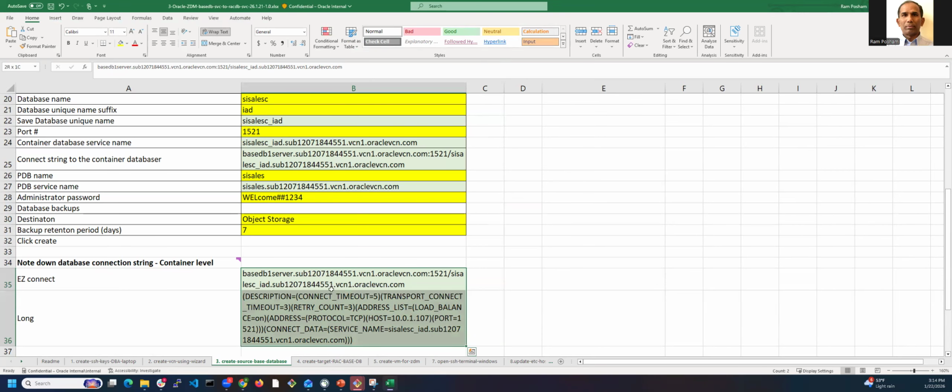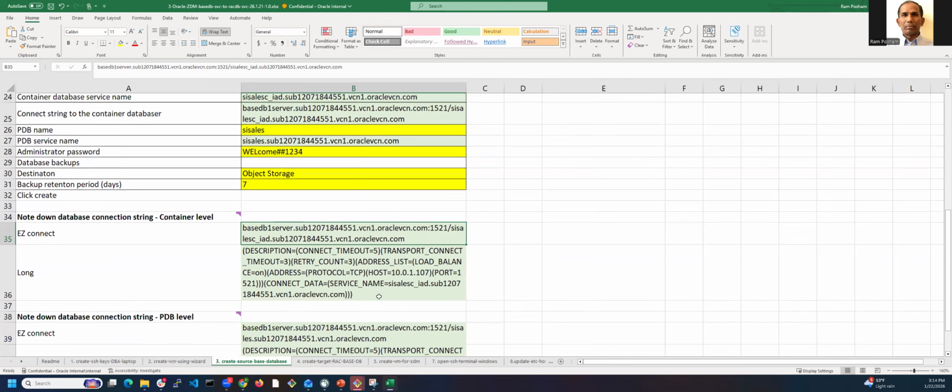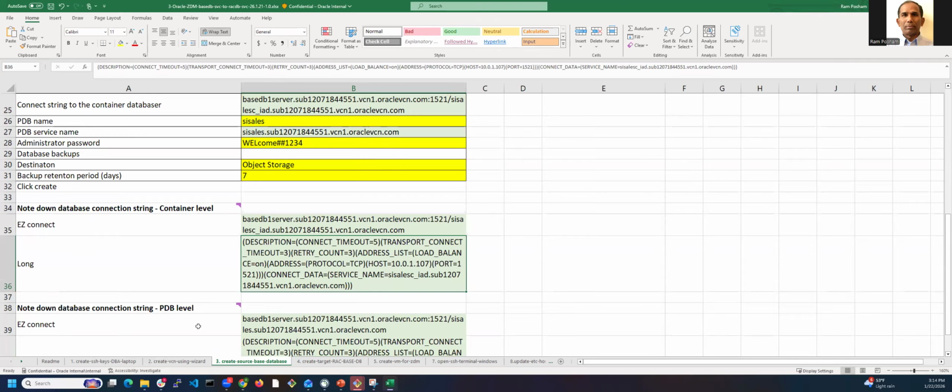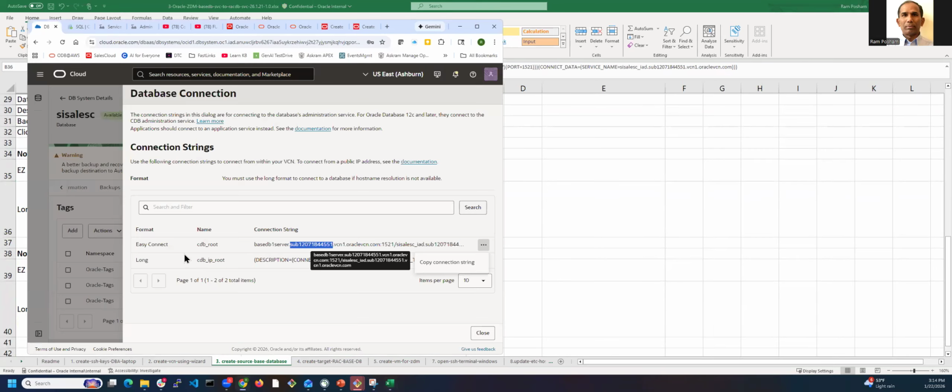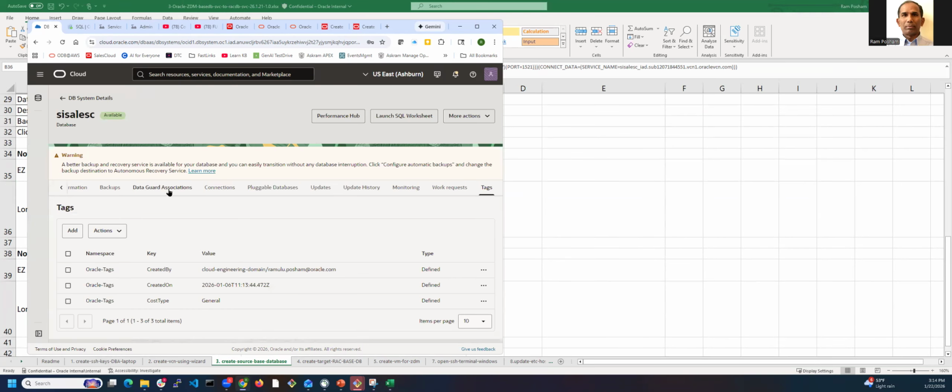In fact, I didn't put it in yellow color because we are not really entering, we are copying from OCI and pasting it here. They're copying from somewhere. So that's why I didn't put it in yellow color. And this is at the PDB level. So how do you get at the PDB level? It is simple. So here, go to